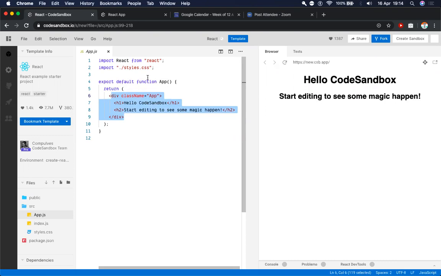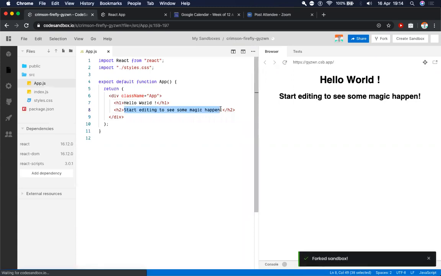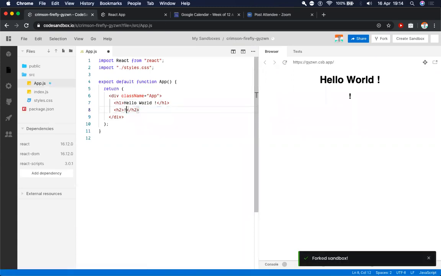So what we are doing is passing this as an input to a React component. Here, CodeSandbox has very helpfully created a default App component for us. And throughout this lecture, we'll just be using this component. We don't need to know anything more complex about React right now. We just need to know that we are entering HTML here, and we are getting our display here. So I'll change this and we can see it changing right here. We aren't writing any custom JavaScript. We aren't updating the DOM by ourselves. React is doing that for us automatically.